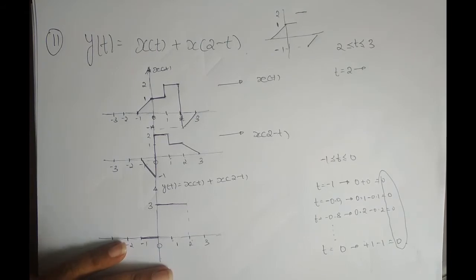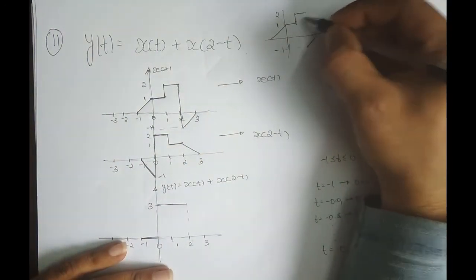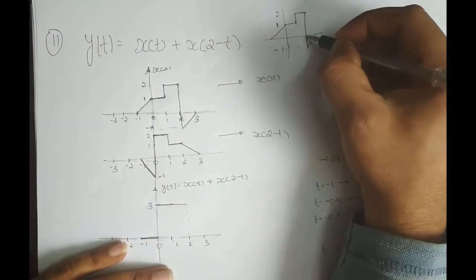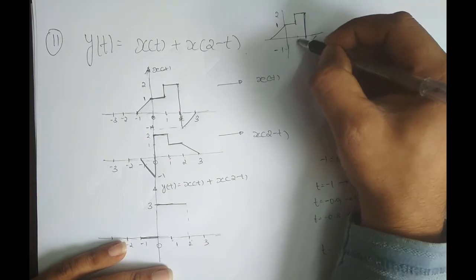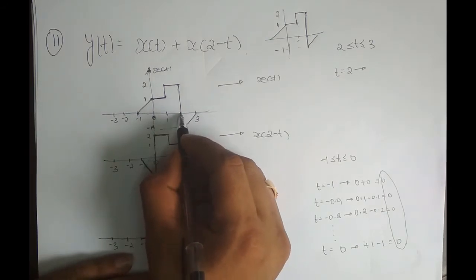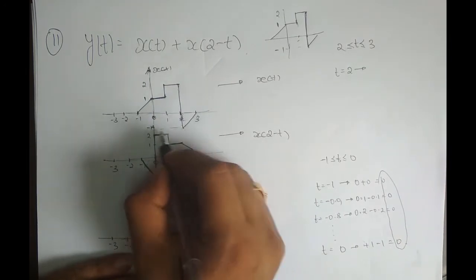Okay. But for our sake, what we do is we just join this. But at t is equal to 2, the signal is not defined. At t is equal to 1, also the signal is not defined. Fine. Now in that case, what you need to do is just ignore the 2. Just after 2, what is the amplitude of the first signal? It is minus 1, right?